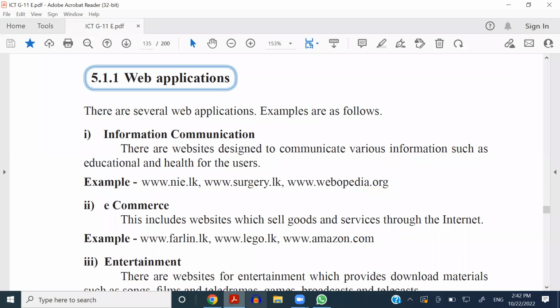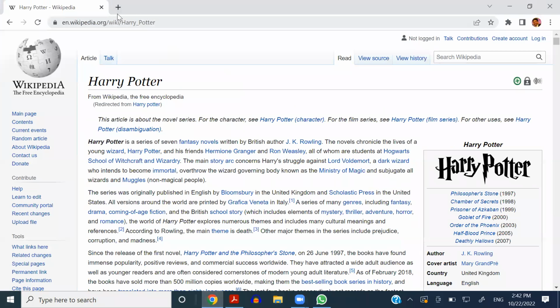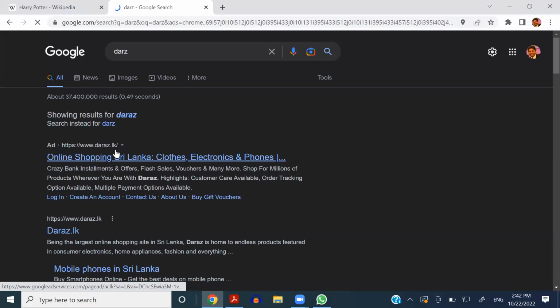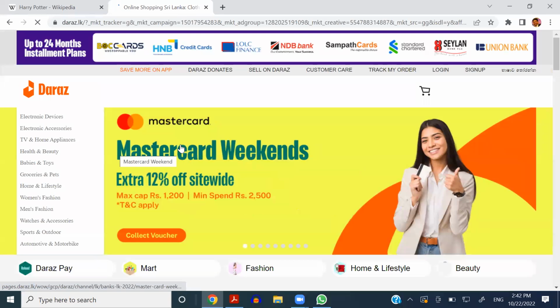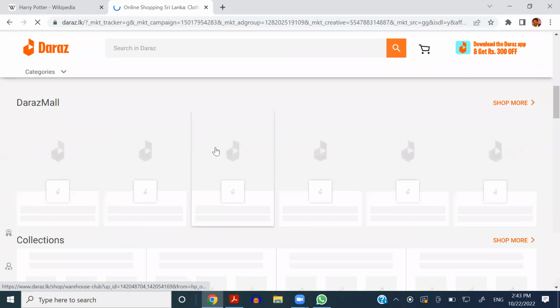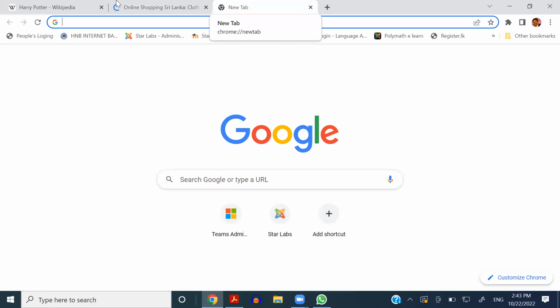And when it comes to e-commerce websites, there are many different kinds, right? The one that is famous in Sri Lanka these days is called Daraz, right? If you visit Daraz, it is about shopping. It shows us what products are available, and we can order them and ask them to deliver. The same kind of website used heavily internationally is eBay,